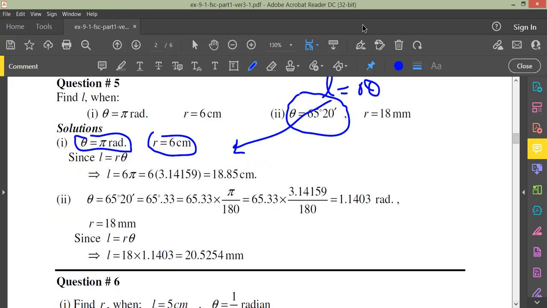Simply after applying the procedure, the simple procedure is that this is 65 degrees and this is 20 minutes. So we can calculate it simply on our calculator. If we use the calculator, this is our calculator, and if we want to find the value of